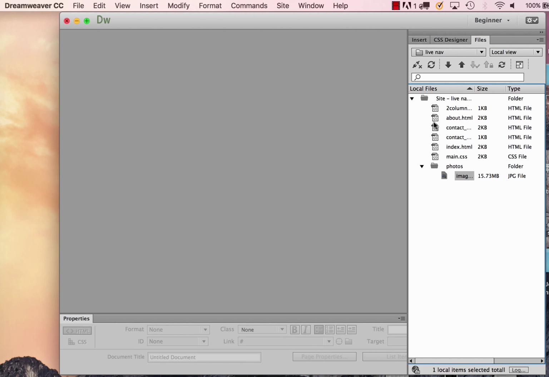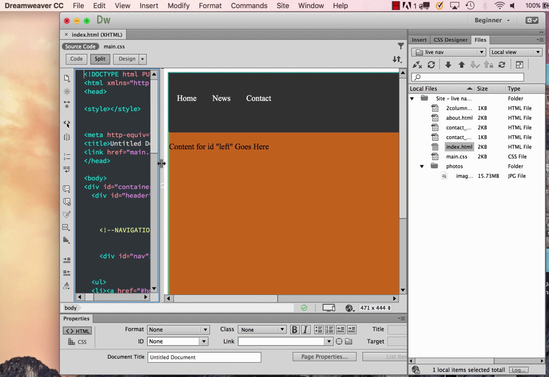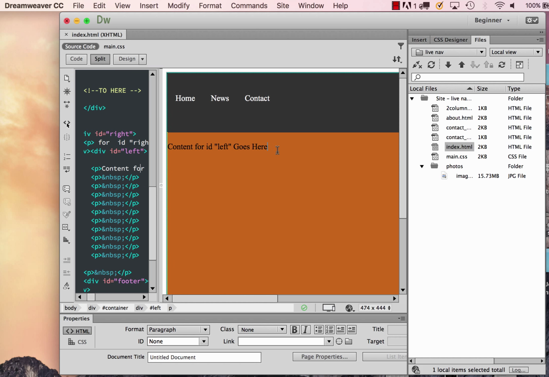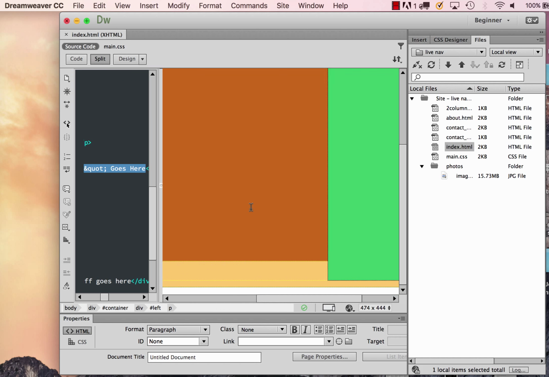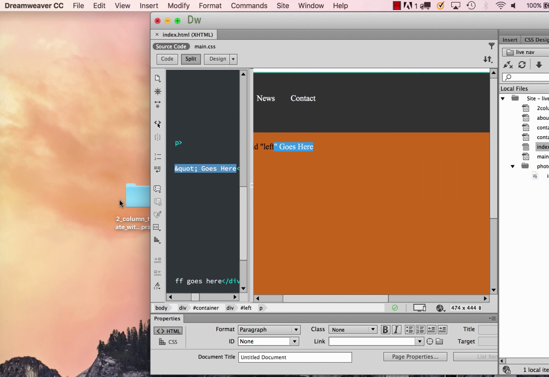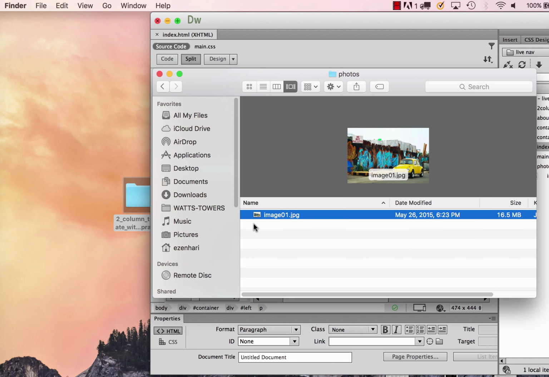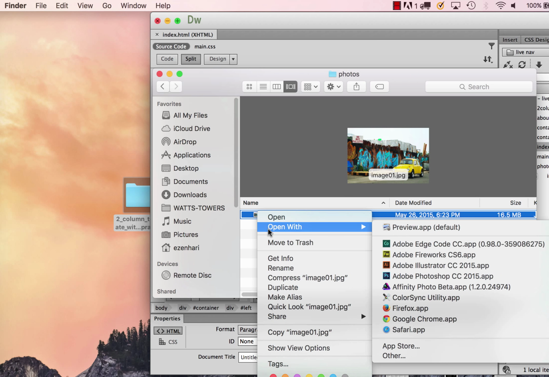I'm going to go ahead and open up my index.html, and for this part of the exercise I'm going to add an image here, but I'm going to create a separate banner div just for the photograph so that it fits the dimension of my HTML page, which is 955. So for that to happen, we're going to open up the image. So you can right click, open it up in Photoshop,